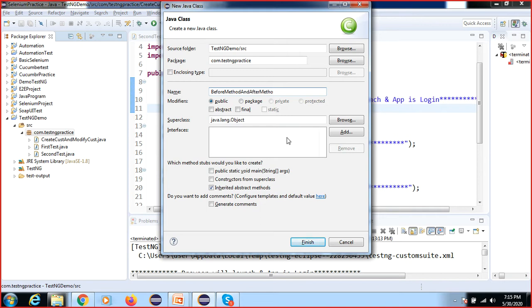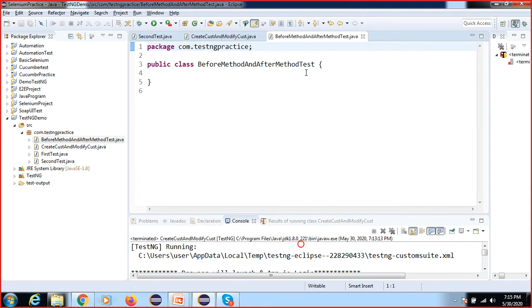This is very big, but as per the coding standard, we have to write it like this in real time. So what is your first step?